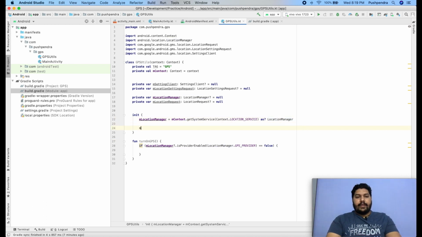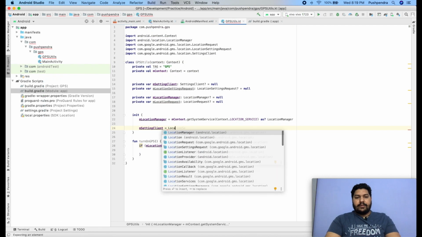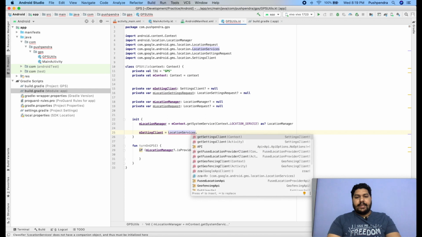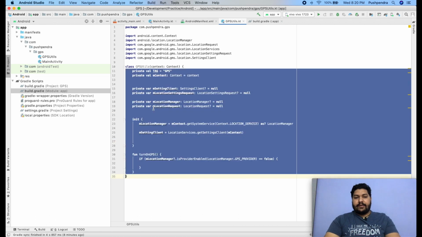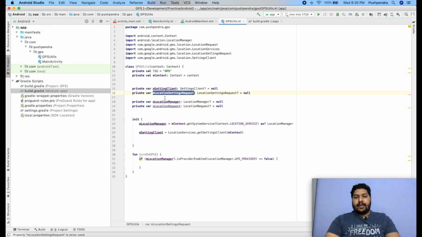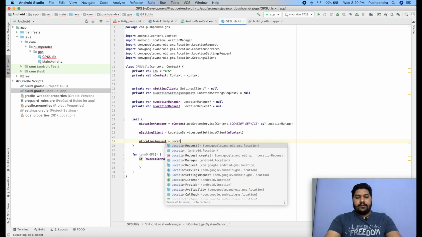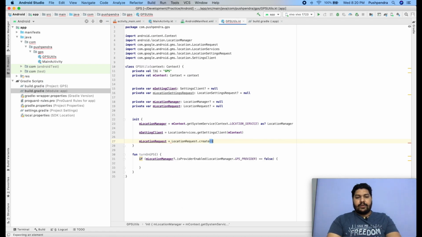Okay, so settings client equals, same procedure, location services dot get settings client, and here we have to pass context. Okay, after that it is also initialized, this is also initialized. Now location settings and location request. Now I will define location request equals location request dot create.